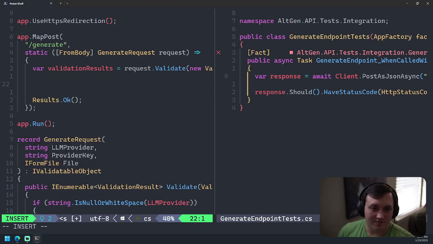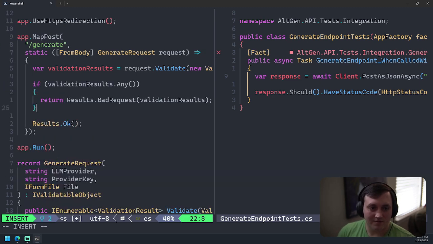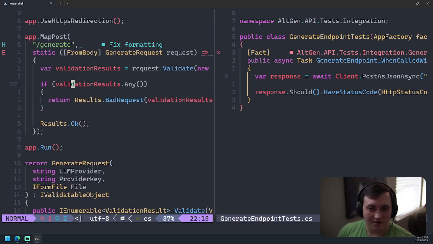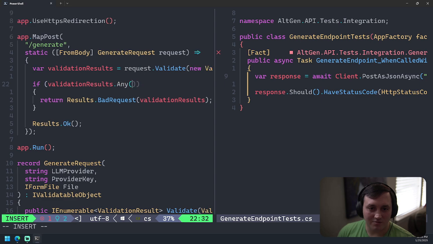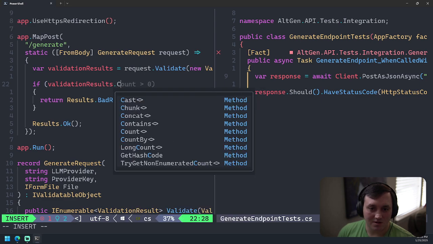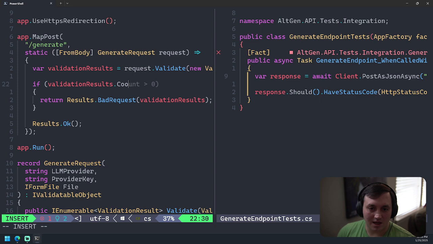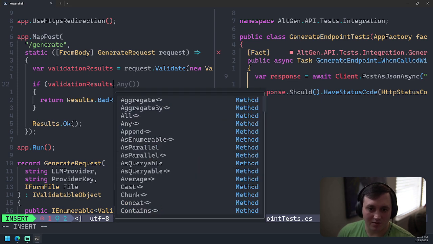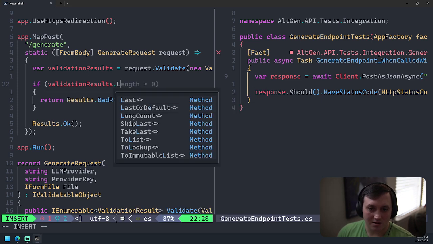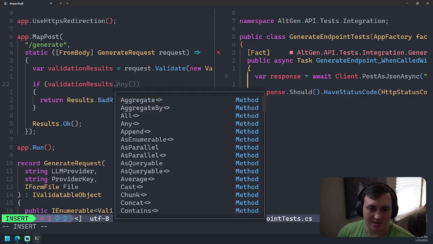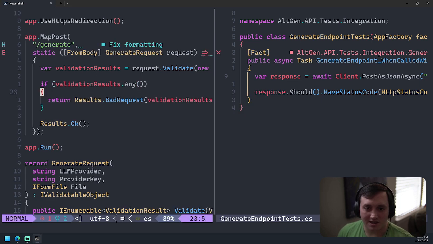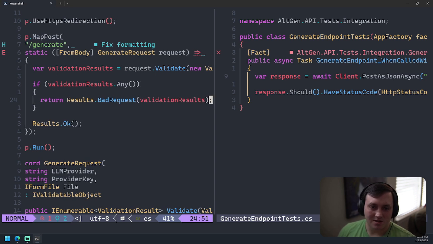And then we'll say if... I think instead of validation.Any, we probably should do Count, or maybe Any's the best. I think Any's the best on an IEnumerable, but if you're working with a list, I think they prefer that you use Count. So we can say return Results.BadRequest(validationResults).